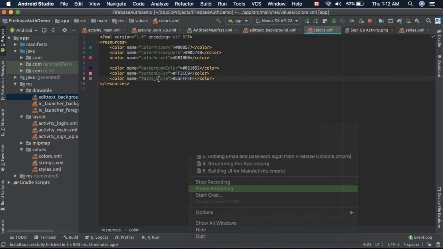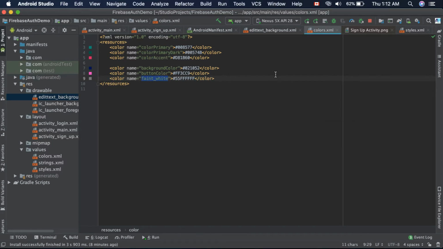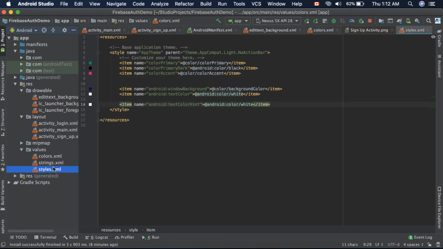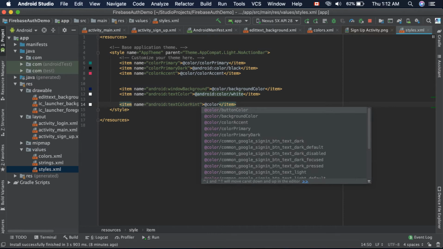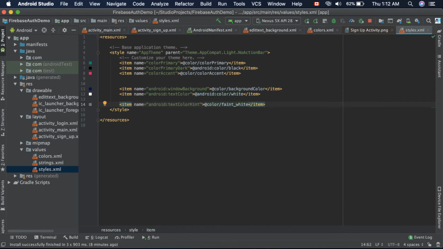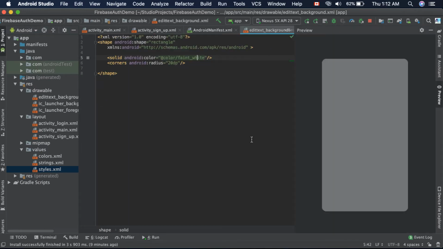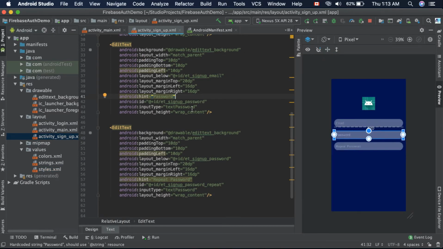We just copy this color name and provide it to that textColorHint. Sorry, not in this way, but color. And now if we go to sign up activity, as we can see,